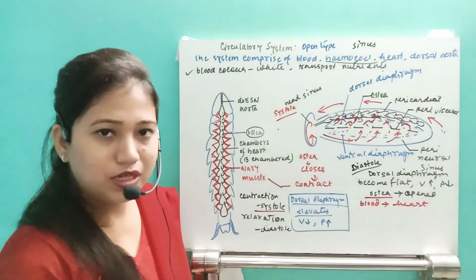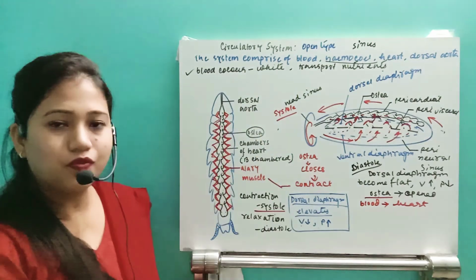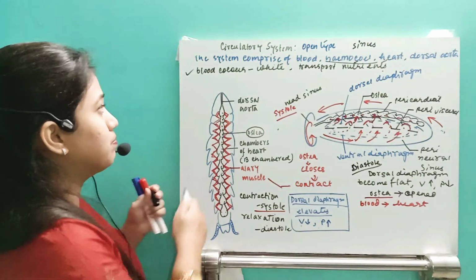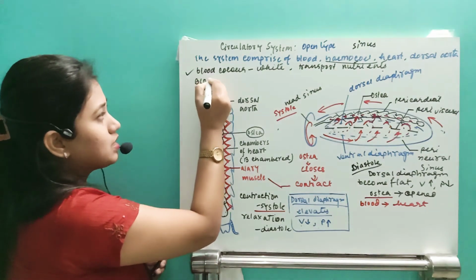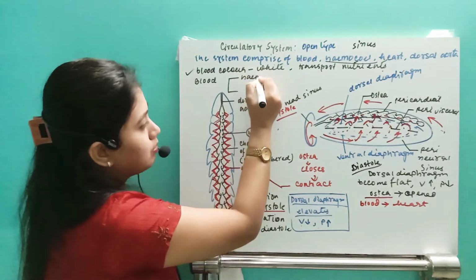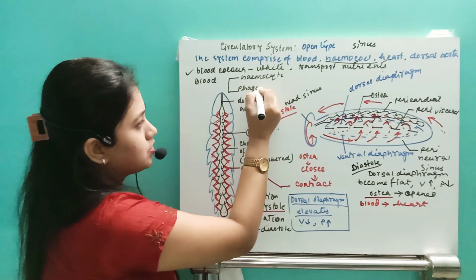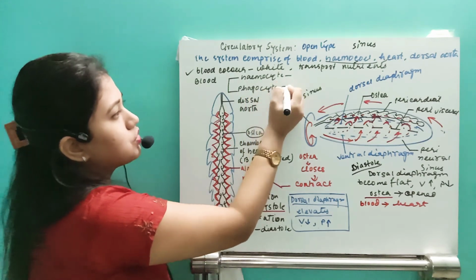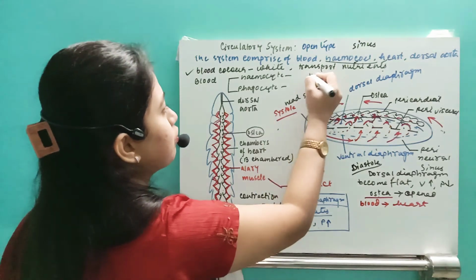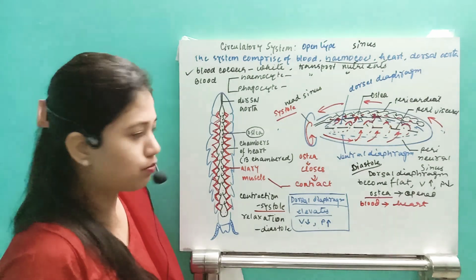This much will not be needed, just you can see this part. So this way we are going to have the circulation. Remember, this blood consists of two types of cell. One is known as the hemocyte, and second one is known as the phagocyte. What is the function of the hemocyte? This hemocyte will help in the transport of nutrients. They take the nutrients and transport them to the whole body.